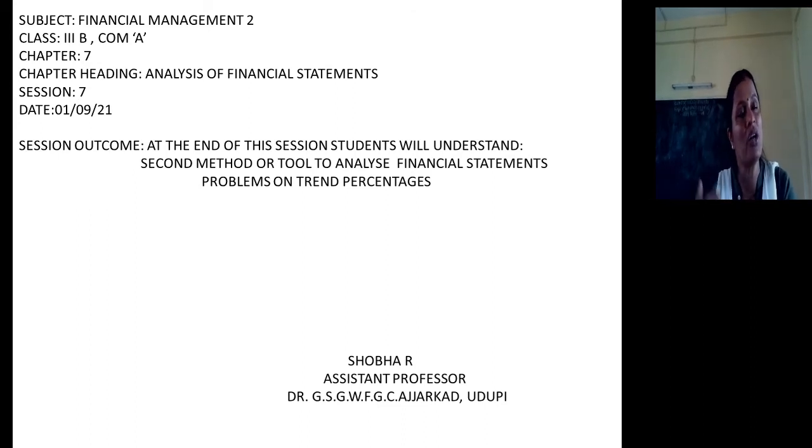Again, while commenting on current assets and working capital position, you need to concentrate on working capital, which is the difference between current asset and current liability. So what is the total current assets? What is the total current liability? Whether investment in current asset is more or current liability is more. If investment in current asset is more, the organization is not financing from current liability, it is financing from non-current liability. That is what it indicates.